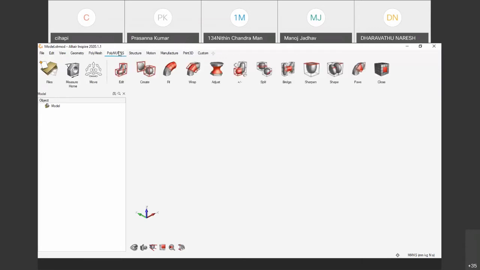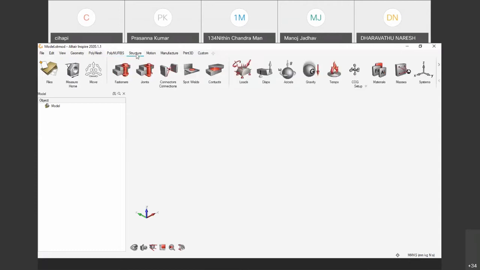Even these two tools we use to edit the STL data. STL is nothing but a standard triangulation language, and there is also an acronym available for it. Whatever STL file you get for 3D printing is actually mesh data. It will have a lot of triangles in it, so you can edit those triangles to get the needed and required shape.